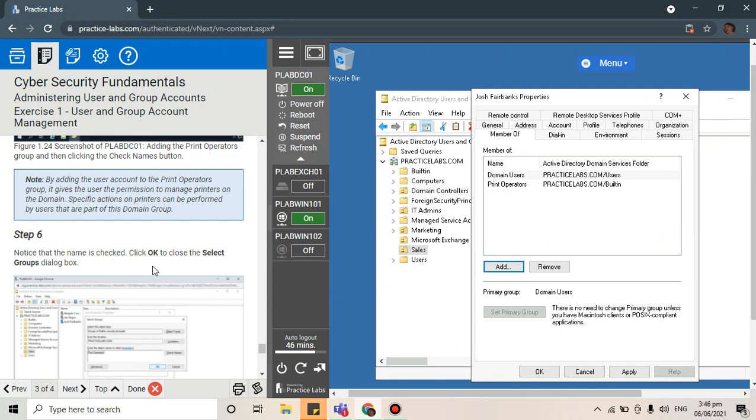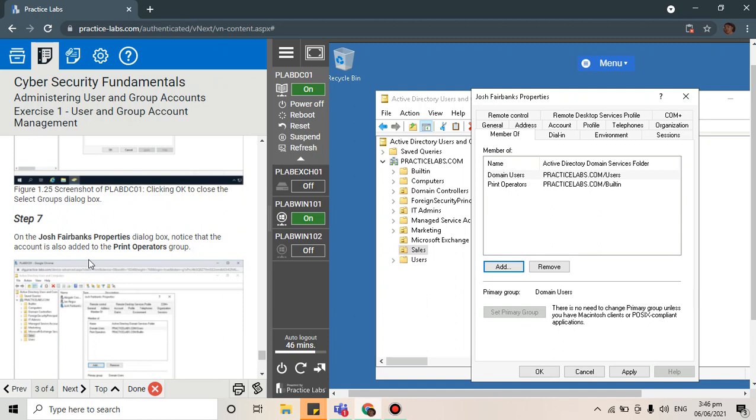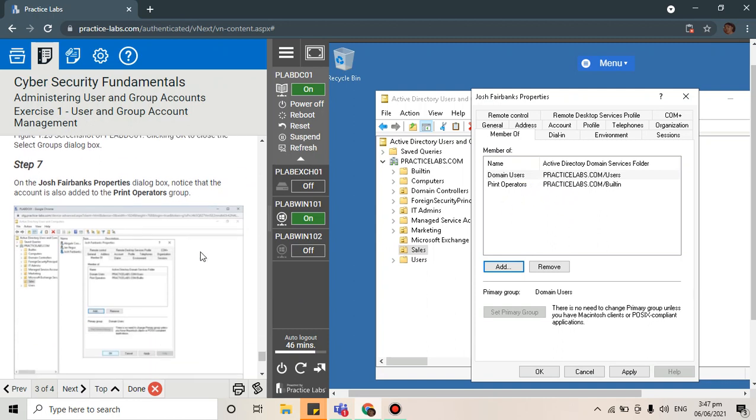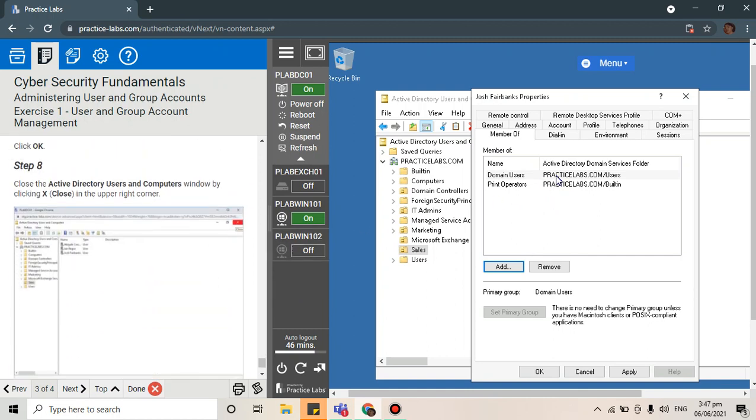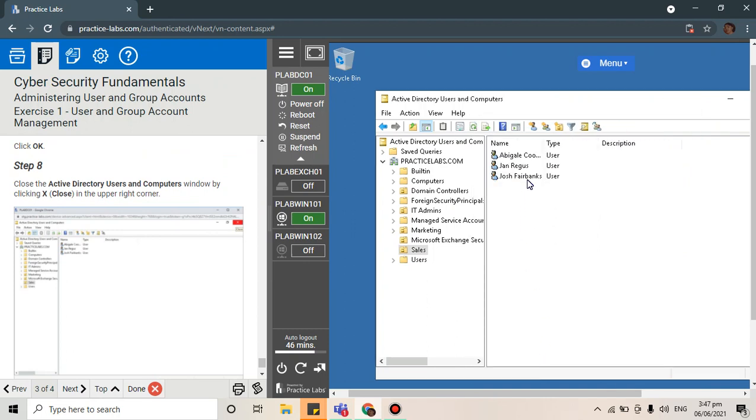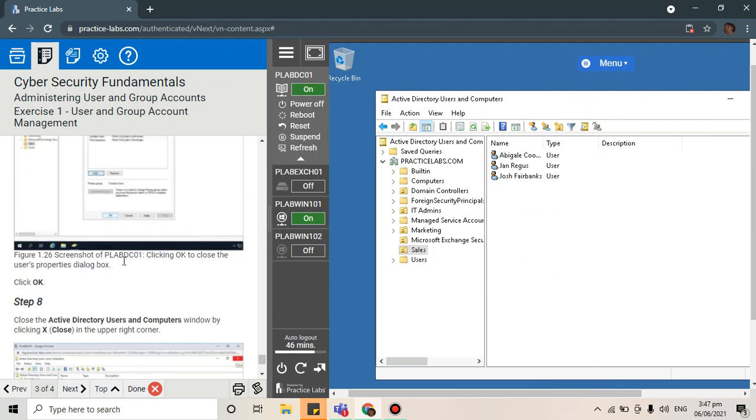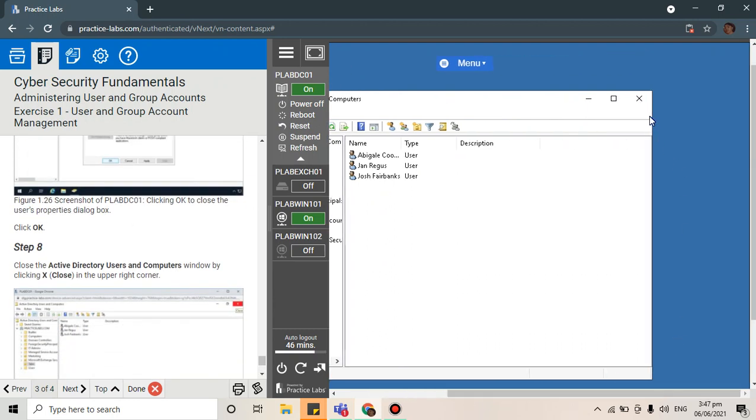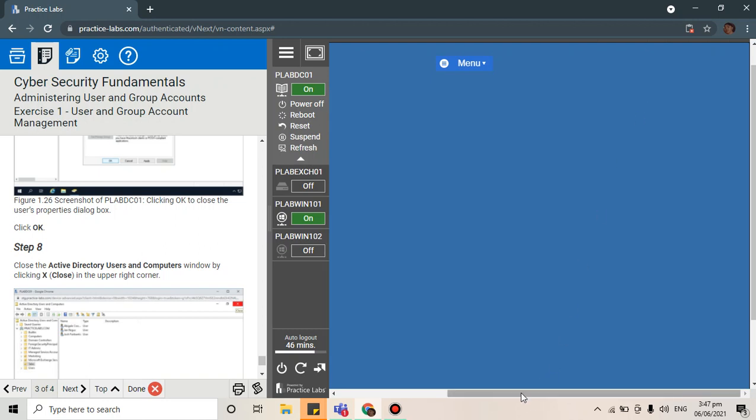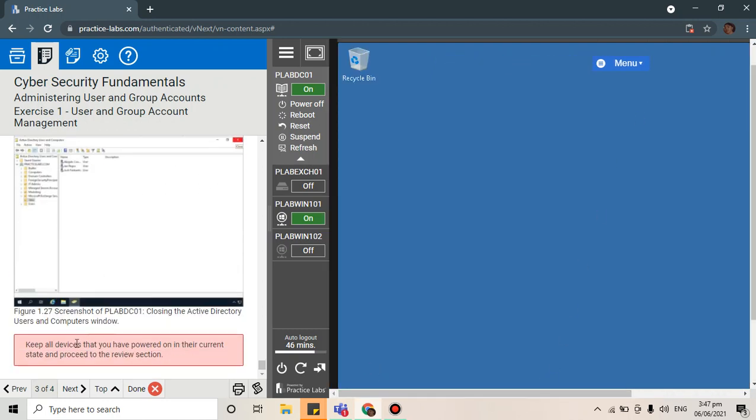Then, pag okay daw, in the Josh Fairbanks properties dialog box, notice that the account is also added to print operators. Ayan. Print operators. Then close na daw window. Okay. Ayan daw. Then close na din Active Directory. So, ayun. Okay na. Keep all devices that you have been powered in the current state and proceed to